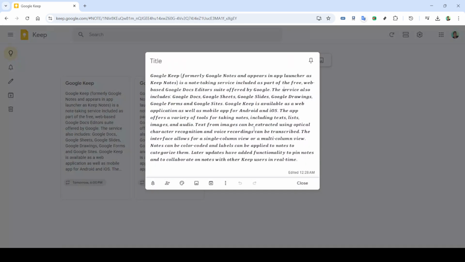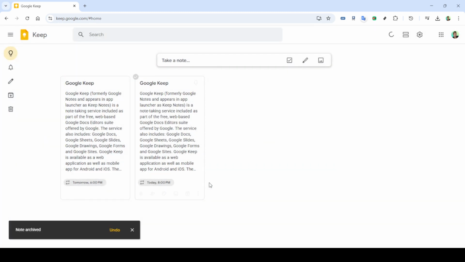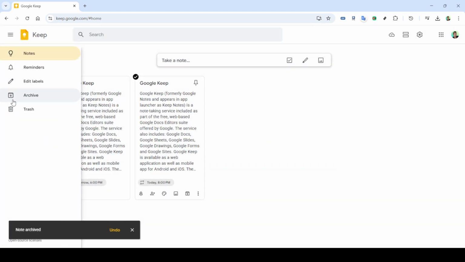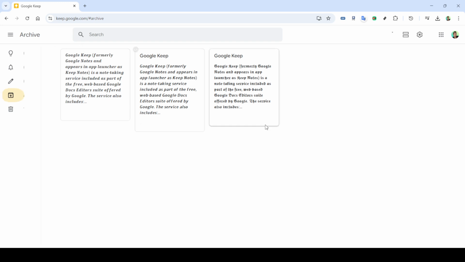While this method won't provide the highest level of security, it helps keep notes out of sight from casual prying eyes. In conclusion, by leveraging the archive feature, you can create a more private and organized note library within Google Keep. Hopefully, Google will add more security features in the future, but for now, this workaround is